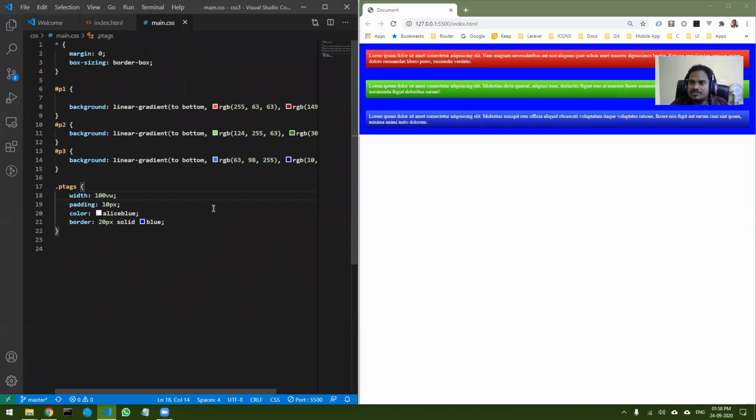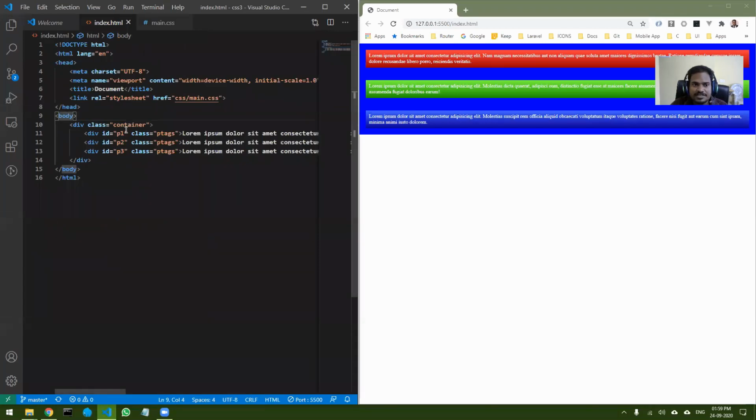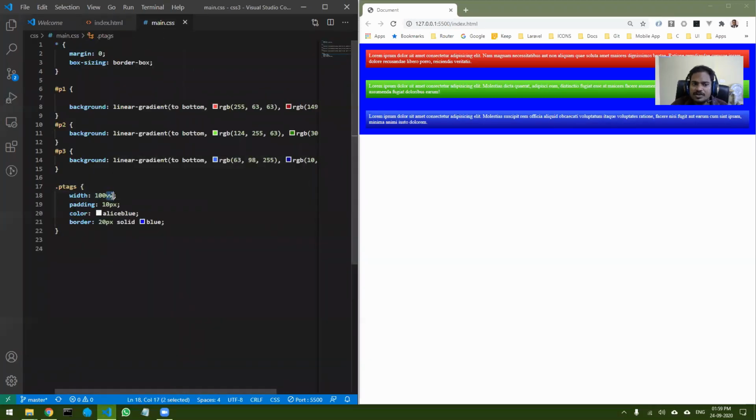If I save it, you can see it extends entirely. It is basically like a percentage, but it is not relative to the parent. So percentage and VW have a big difference. In the case of percentages, it is dependent on the parent. For example, in p tags, if I put a percentage, it will find the width of the container and take the percentage of that. But when you set it as VW, it will use the size of the viewport and not the parent. The parent has nothing to do with it.